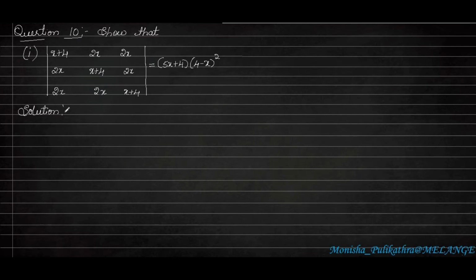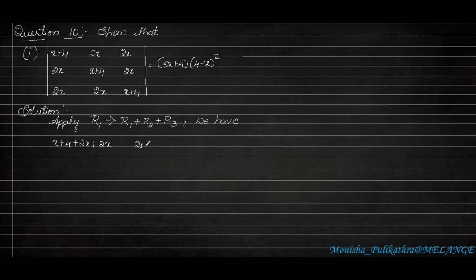Here I will be applying the rule. So apply R1. So R1 only for row 1 I will be changing. So row 1 is equal to row 1 plus row 2 plus row 3. Okay. For row 1 we will be adding all the 3 rows. Fine. So row 1 will be changing to row 1 plus row 2 plus row 3.